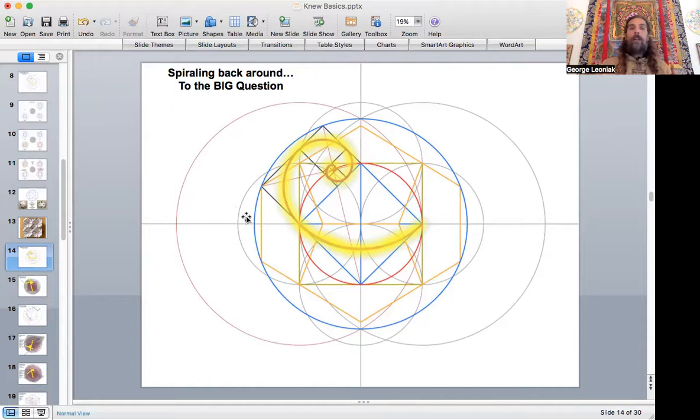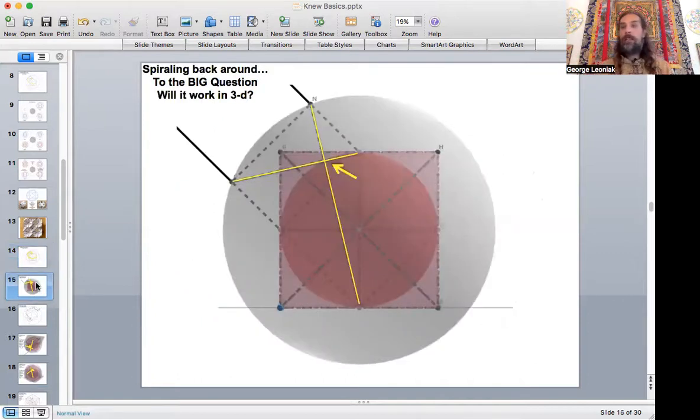Okay, we're going to spiral back around to my big question with all of this. So here's our spiral. I just put in the dodecahedron. The dodecahedron is in the same drawing as before. Not much difference there. But the big question is this. I had to go 3D. So I had to learn these skills in less than 12 hours, going to the GeoGebra 3D calculator version of this. And magically, I was able to just draw sacred geometry in there, not even really knowing what I'm doing with this program, but I did it anyway, and it worked out